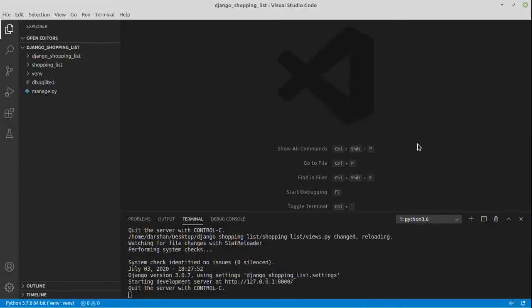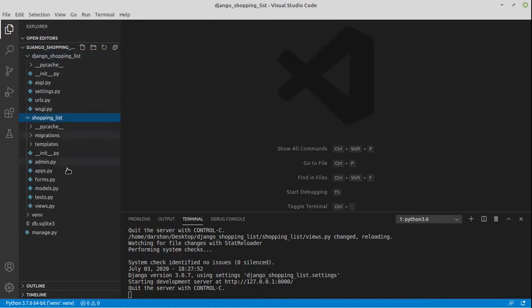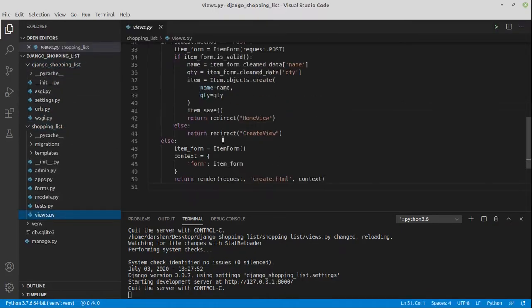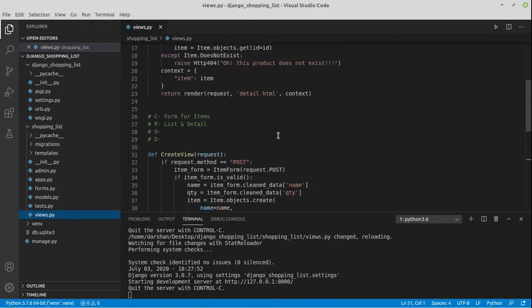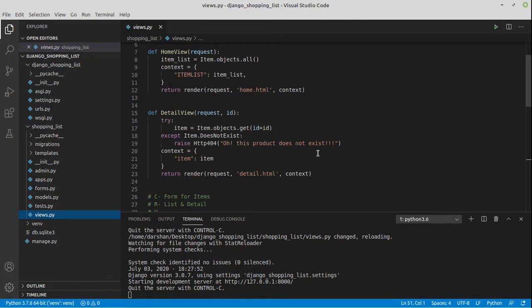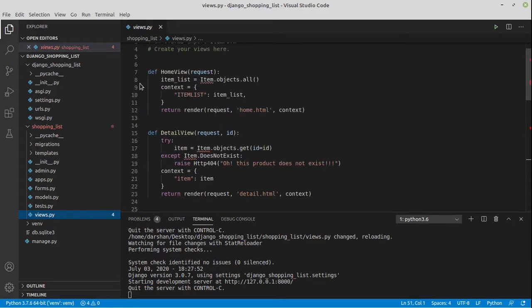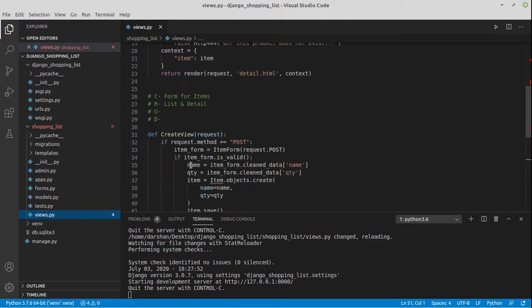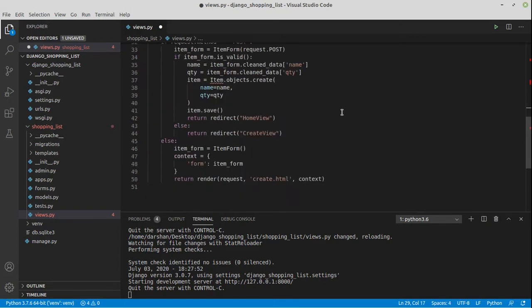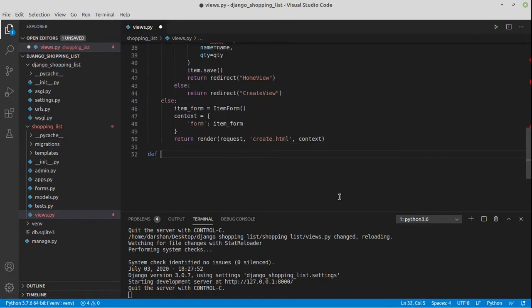So, in the last video, we studied how to make our create view, and in the previous videos we have also studied how to make our list view, which is our home view, and our detail view. So these two views comprise our read, this view comprises our create, and now in this video we are going to see our update view, where we are going to update our item, and here we are going to delete our item. So for the update view, we are going to define